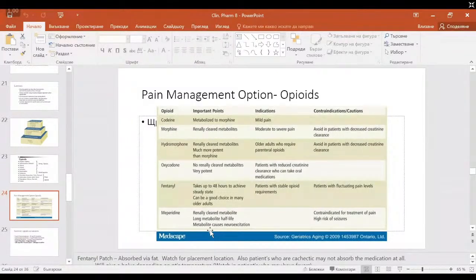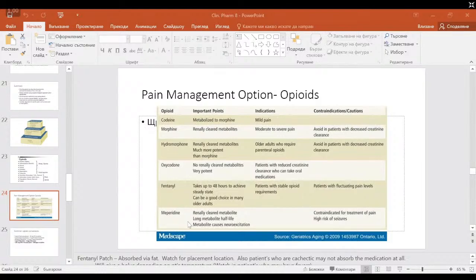Meperidine, this is actually another name for pethidine. It's similar to paracetamol in that it has different names in the US and in Europe. So meperidine and pethidine, they are one and the same thing, and it can also be used in